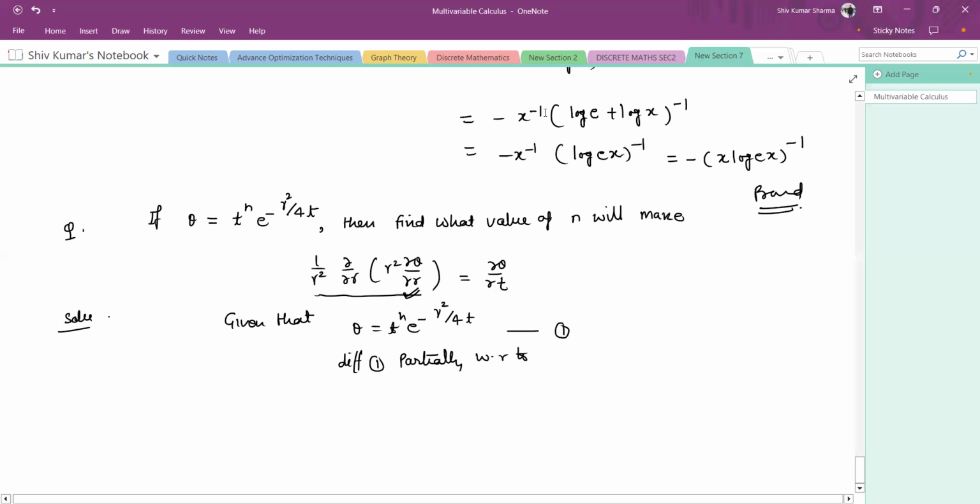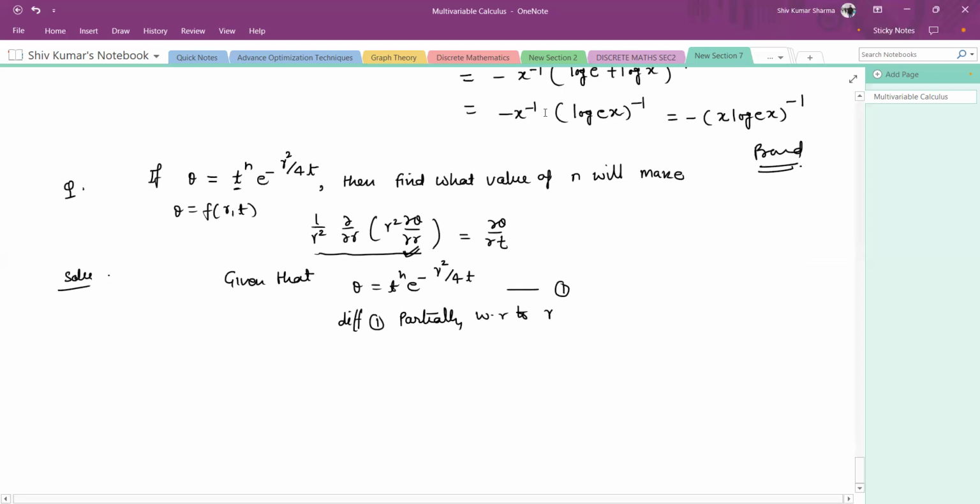with respect to r. So you can see that here theta is a function of two variables. One is t, second is r, because we are going to partially differentiate with respect to r and t. So theta is a function of r and t. So that's why we differentiate partially with respect to r, then we differentiate with respect to t. So this gives us del theta upon del r. So we have only one function which has r. So t raised to the power n is constant. So we write down t raised to the power n into